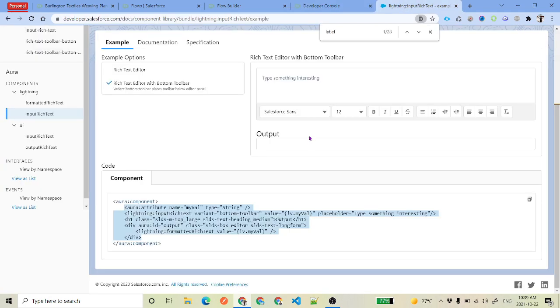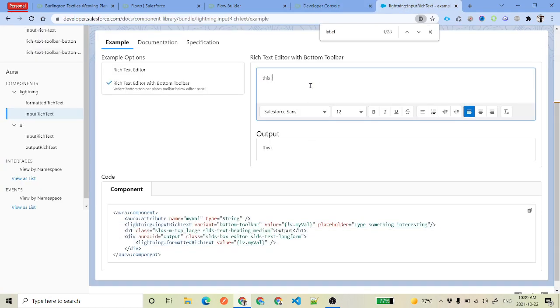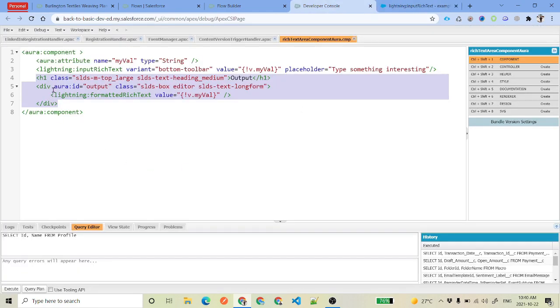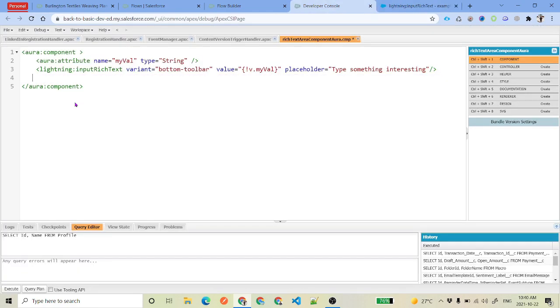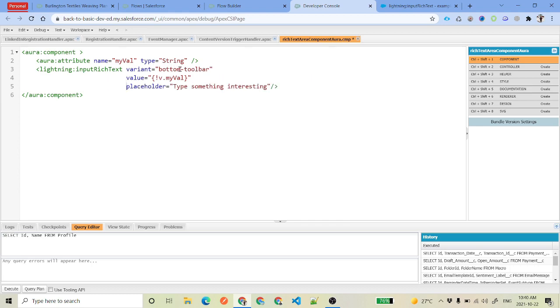If you test this, it is a simple value: whatever we are typing we are able to see over here. If you want you can keep this output, but usually we don't have it, so I will remove it so that we only have the text area component. This is value, my value, or whatever you want to have. Save it.